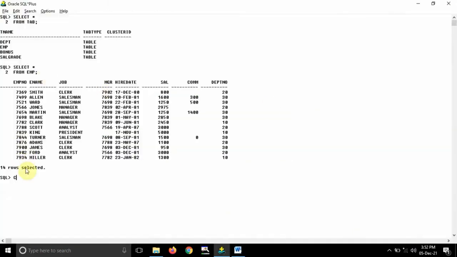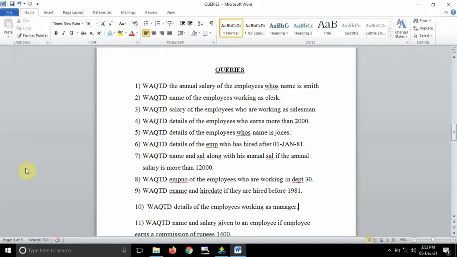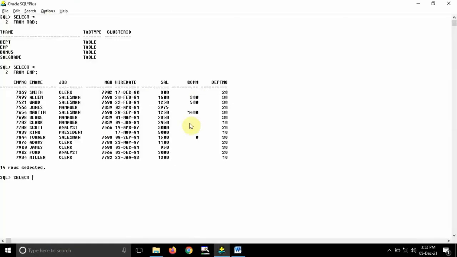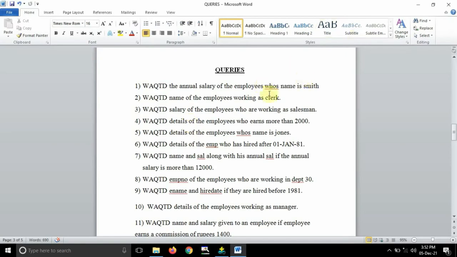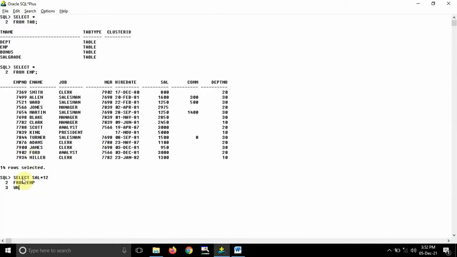First I will clear the screen. Then I will write select. What I want to display is the annual salary, so I will write sal into 12, from the EMP table. And one more thing, whose name is Smith. To check this condition, I will use the where clause here. So I can write WHERE